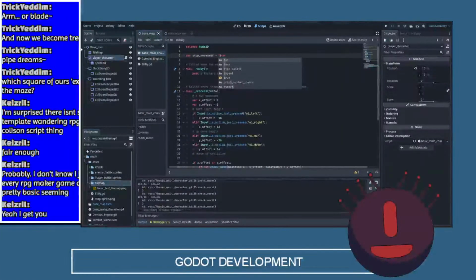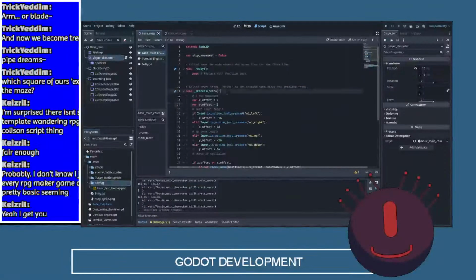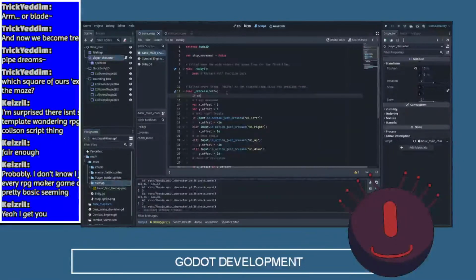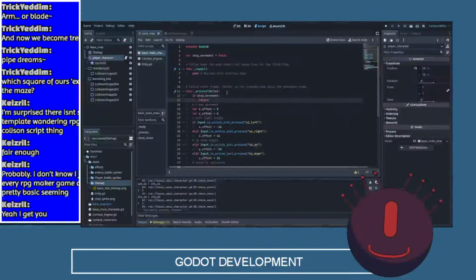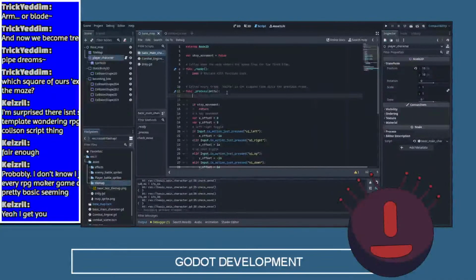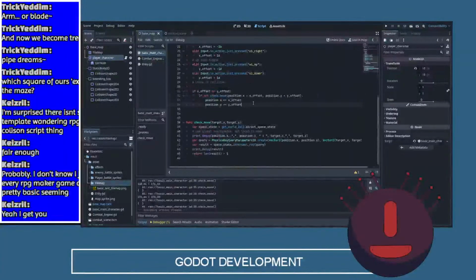Otherwise, I would be making another God object to drive this other part. So stop movement equals false. If stop movement equals true, or stop movement, return. Now I'm going to have a little process here called